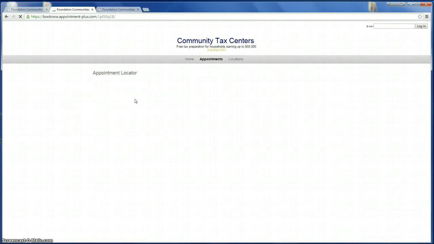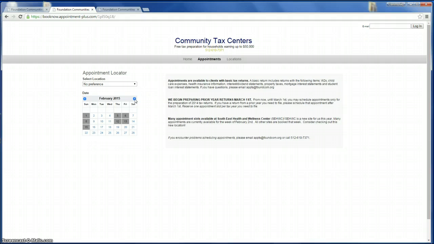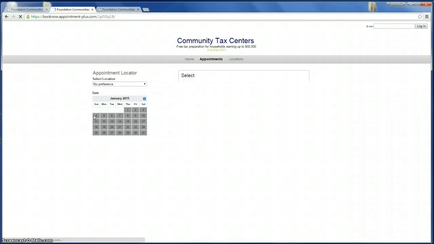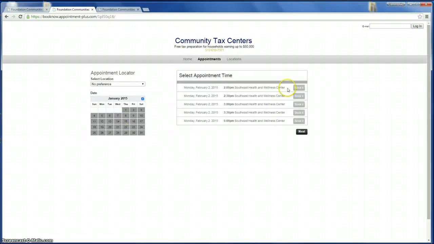Any days that are in gray, there are no appointments available. So you want to look for the appointment days that are in white. That means there's some availability on those days. So here, the first available appointment is February 2nd. And it will bring up all the appointment times available on February 2nd, including the location where that appointment is available. If you would like to see more options, click on Next and it will just keep bringing up more